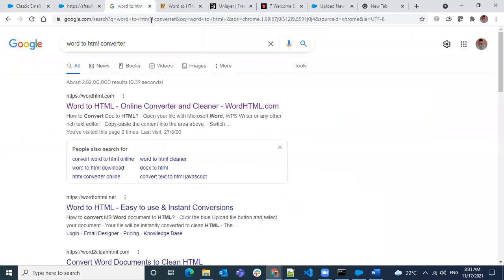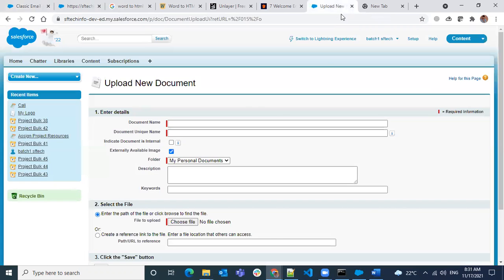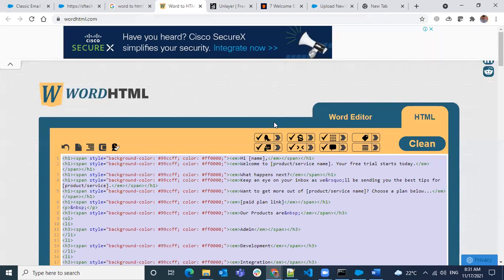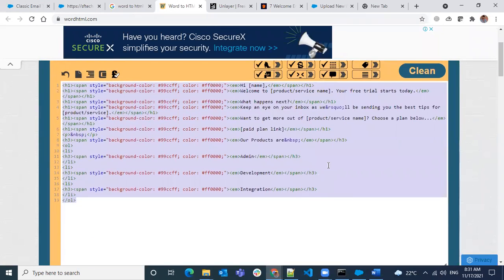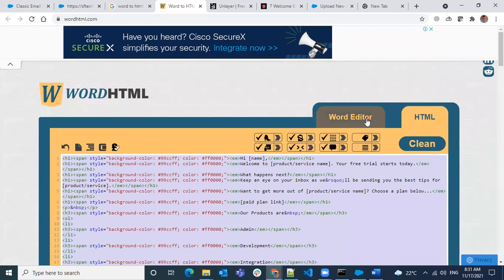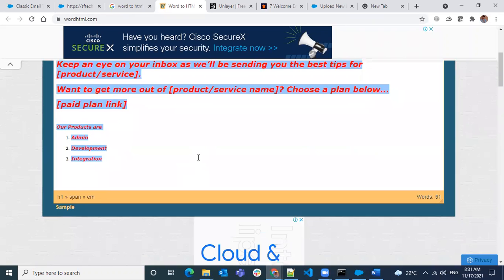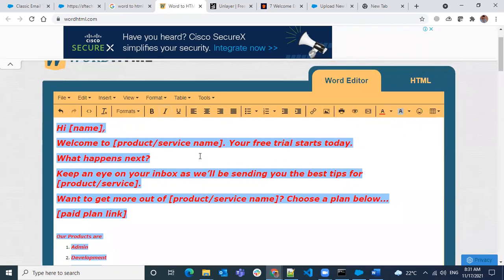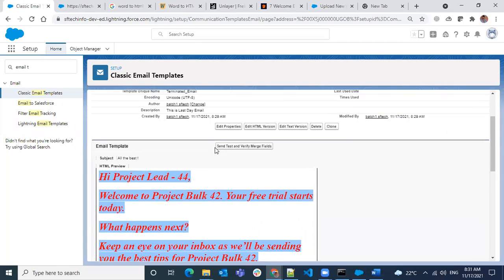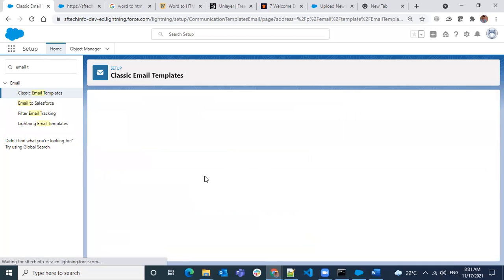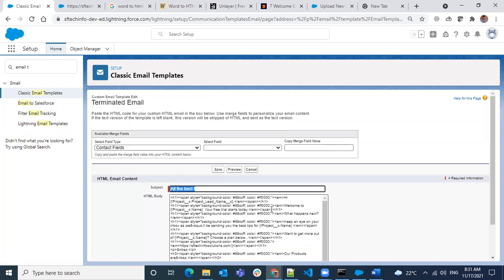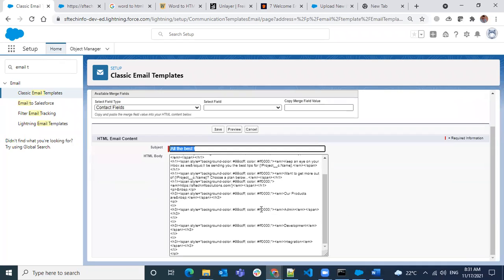You can find the tools that will help you prepare HTML templates like you see here, right? There is an easy way of drag and drop, and you can just convert that code into HTML. I was not good with this, so you can spend some time here and design a good template, then convert to HTML. Once you have the HTML, all you need to do is replace your merge fields. That's all you have to do, and then you can build really good templates using HTML email templates.